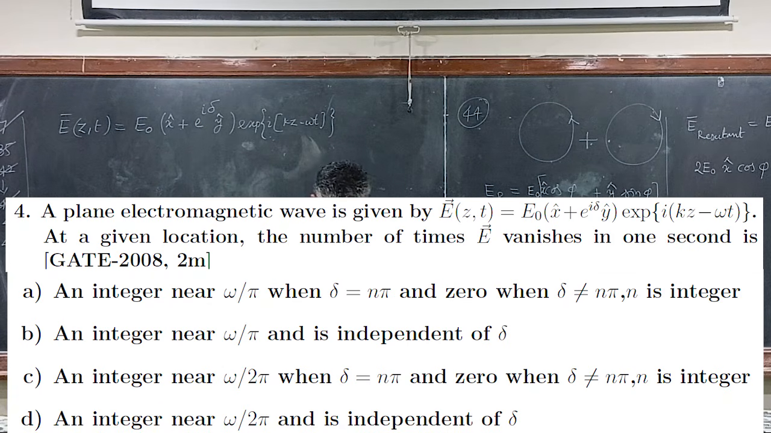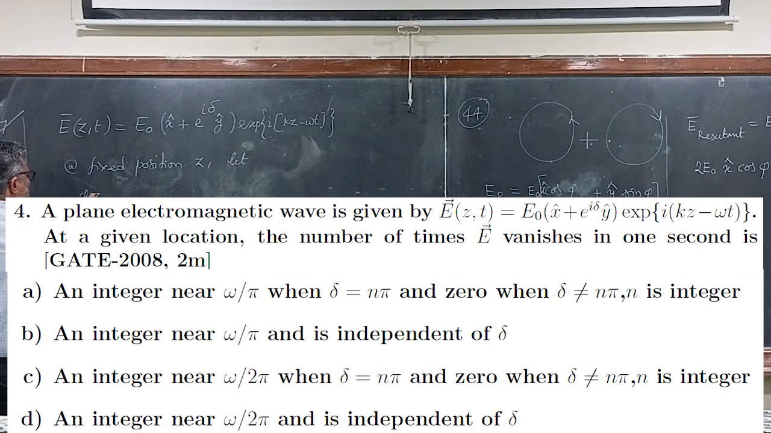At a given location, the number of times E vanishes in 1 second. So the answers are available. In 1 second, how many times will the electric field E vanish? So that's the question. And then the fixed position. So let's say at fixed position z,